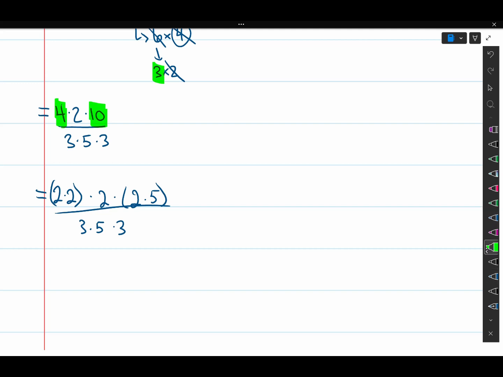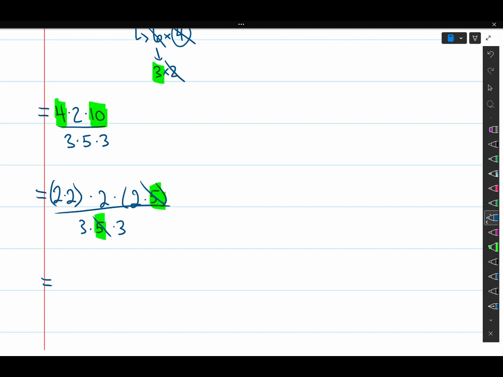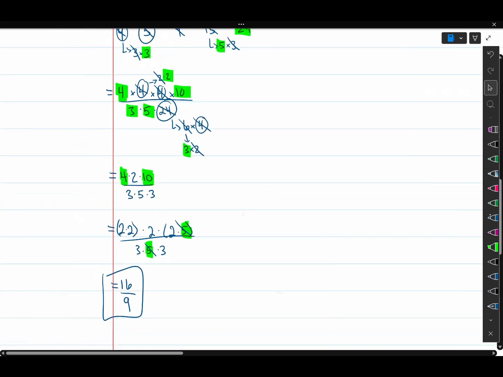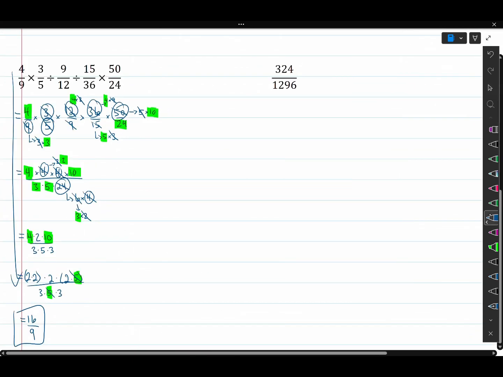What do I see right here? I see my 5's together in my numerator and denominator. I can cancel those out, and I'm left with 2 times 2 times 2 divided by 3 times 3. Because I cannot break those down any further, because those are all prime numbers, now I can perform my multiplication to end up with 2 times 2 is 4, times 2 is 8, times 2 is 16, over 3 times 3, 16 over 9. So we're working down right here as we work our way through this problem, and you